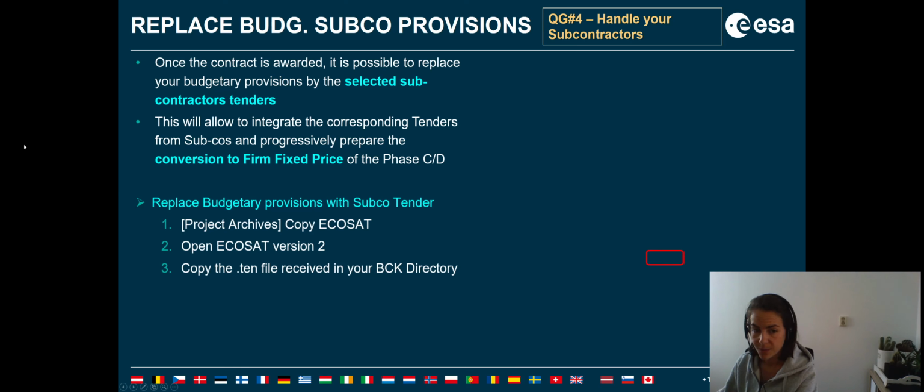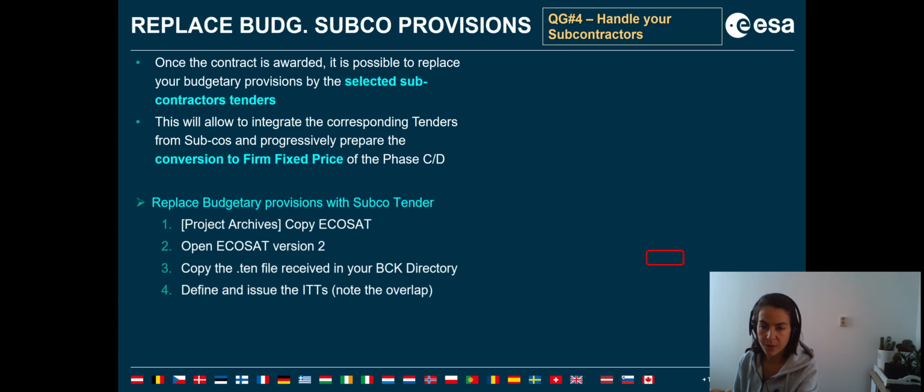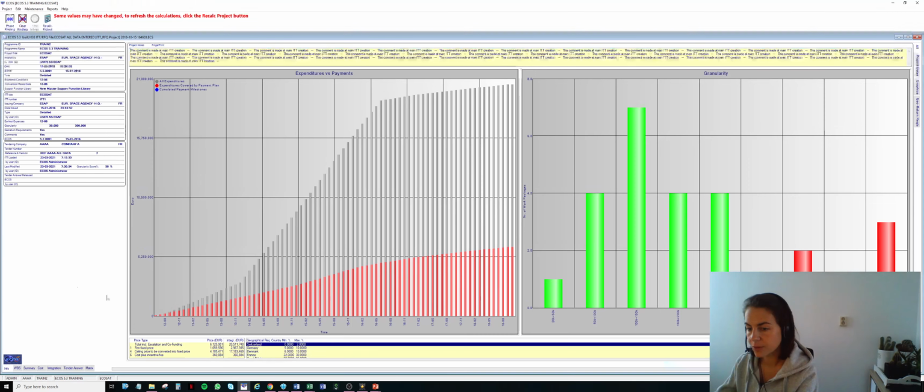Then the next step will be to define and issue the ITTs, because for ECOS to recognize this file, this tender answer, we need to associate the related ITT, because there was no ITT at the time of the budgetary subscope provision, but now there is one. So I can go back to ECOS,